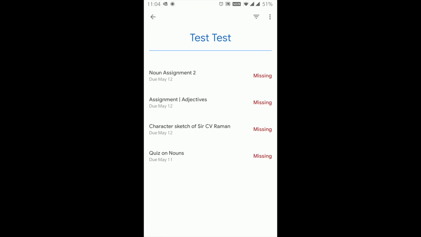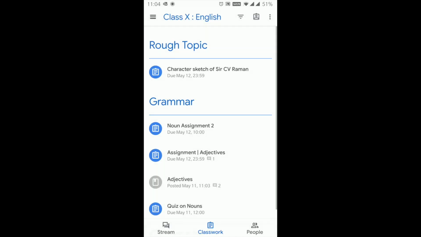this is more like a grade card or a report card that you have. All the assignments that were given to you or the assignments that you attempted are opened up. So in my case, it's all shown as missing, which means I just joined this class and I have not given these assignments yet. Had I submitted the assignment, it will be shown as submitted, and if the teacher had graded, my grades also would appear. So you can consider this as a report card. And where do you find it? On the top right.